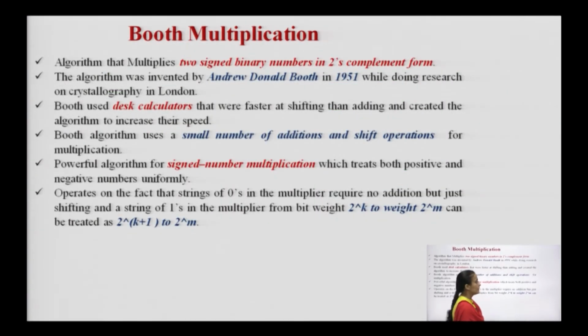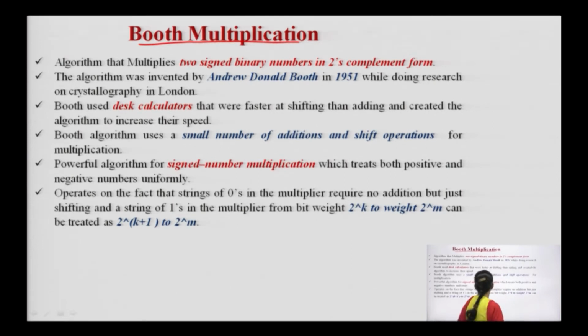Then the next representation is when the numbers are represented in signed 2's complement representation. For doing the multiplication when the numbers are in 2's complement form, I use the Booth algorithm. Booth multiplication is an algorithm that multiplies two signed binary numbers when they are represented in 2's complement. Whether the number is positive or negative, there is no separate sign bit, I just take the 2's complement of